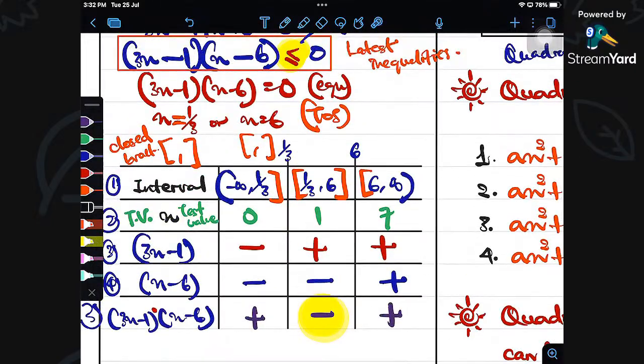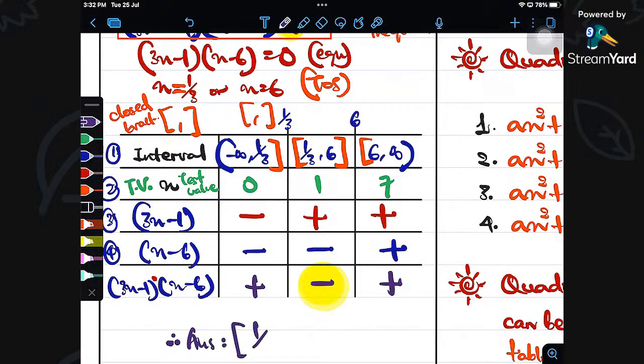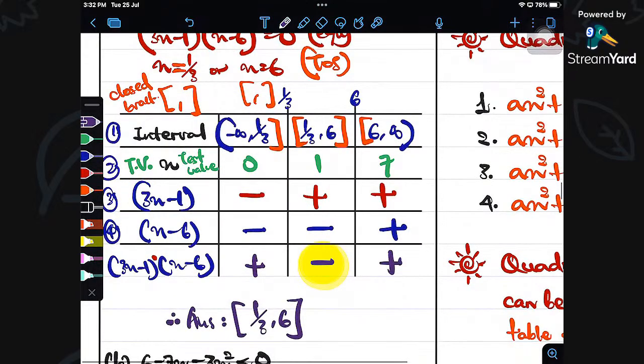Apabila the symbol is less than or equal, the answer is negative sign. When it is a negative sign, you just took this as your final answer. Therefore, jawapan saya yang terakhir adalah -1/3 included until 6 is also included. That is our answer. We can also write it in terms of